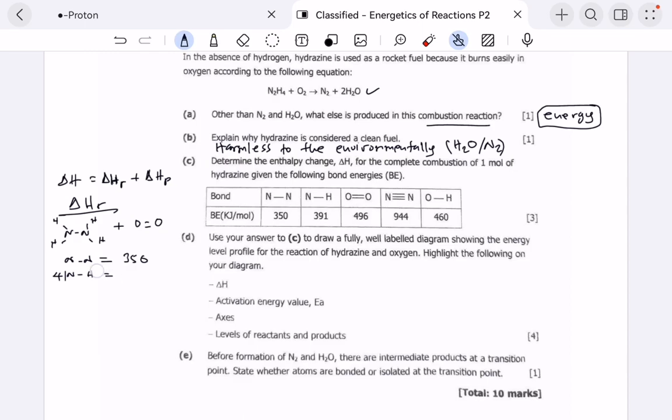So it's 4 multiplied by 391. Then oxygen, we have 1, which is 496. So obviously this gives us a 350. The 4 by that gives us